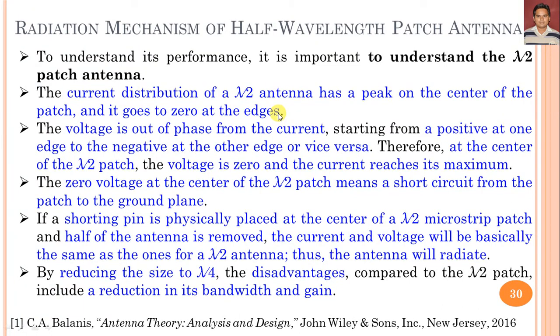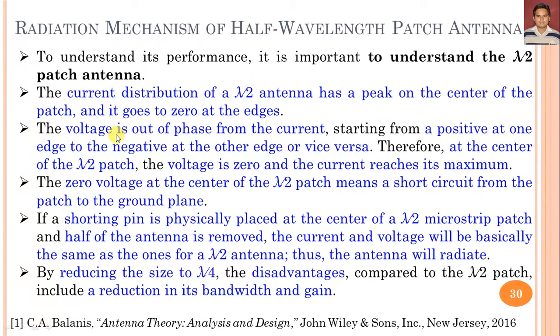In the wire antenna, we discussed that when the element is fed through the center, the current is maximum there and the minimum current is observed at the edges of the dipole. Similarly, in the case of the lambda by 2 patch antenna, a similar current distribution is seen. So this is the similarity between the linear antenna and the patch antenna having a lambda by 2 wavelength length.